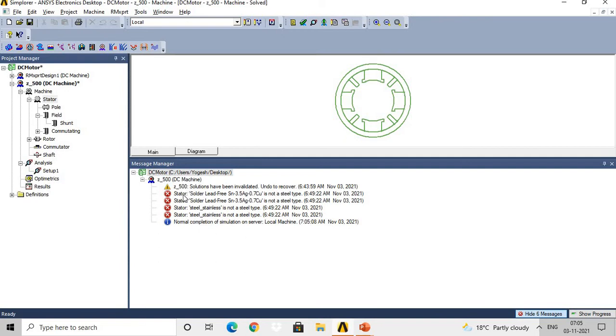Then the parameter under which this error is available, solder lead free SN35AG 0.7 cu, is not steel type, because for the stator design we need to select a steel material, but the material you have selected is not steel type. That is the error.